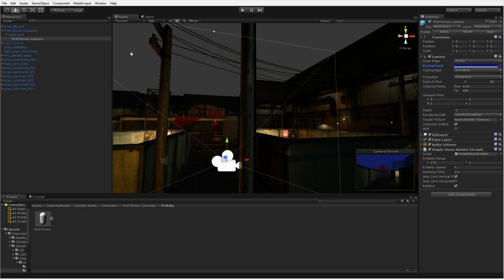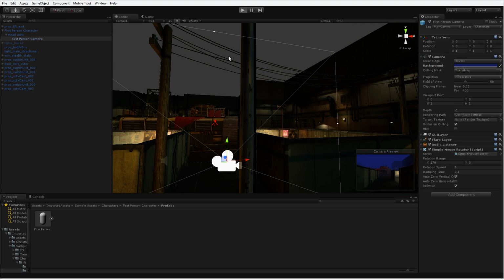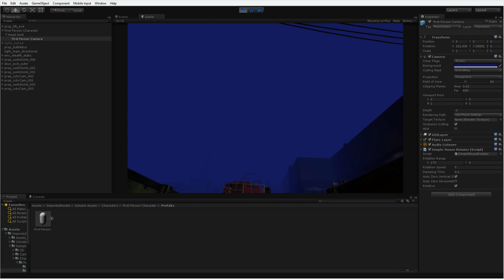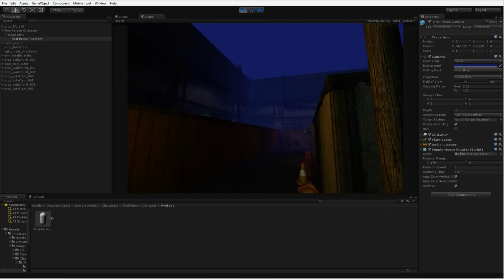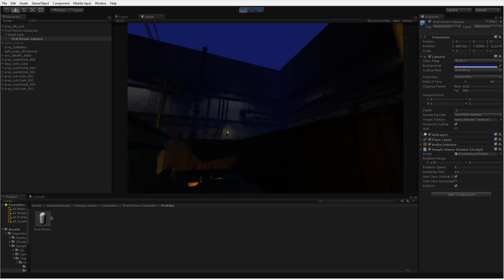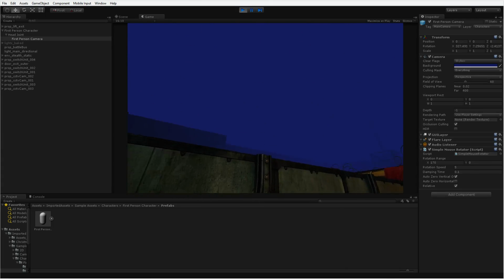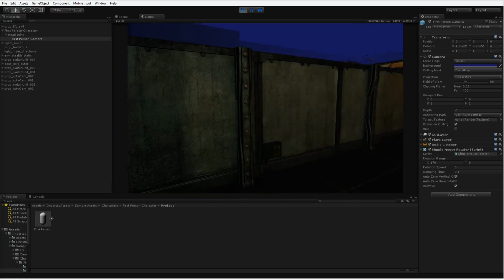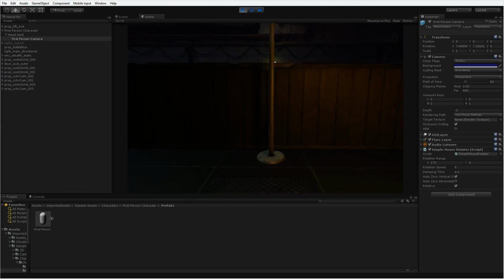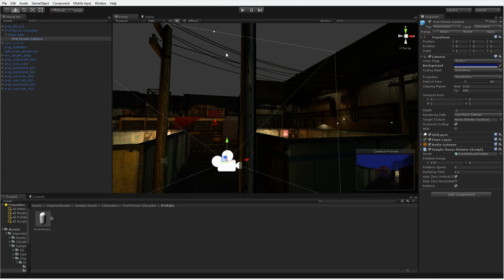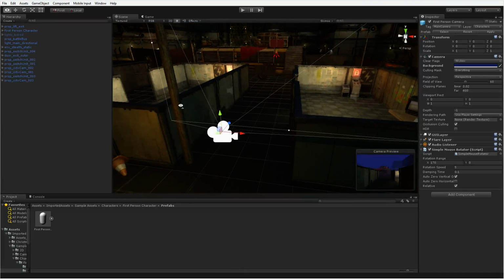The result of doing that is that when I play, the background fog just sort of fades into the background color, and I don't see the seams, maybe a little bit there. I could use a darker color if I needed to. But the whole thing is a bit more immersive and maybe environmental, and I kind of like that. All right, so now we have that camera set up.